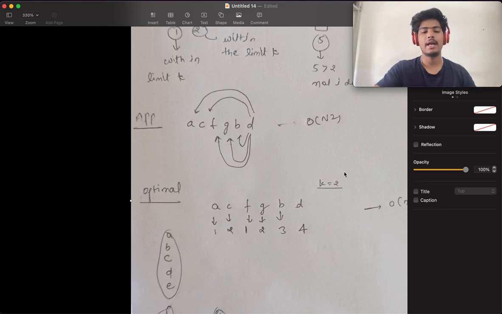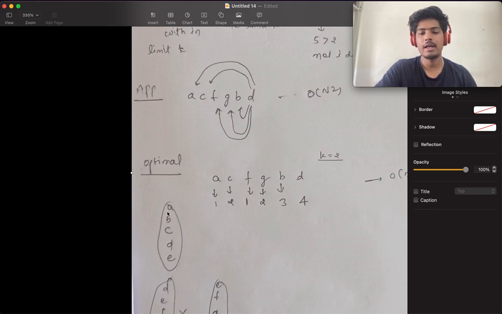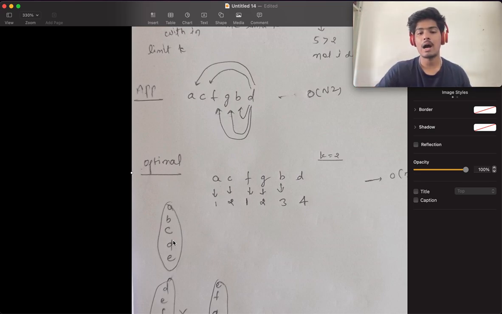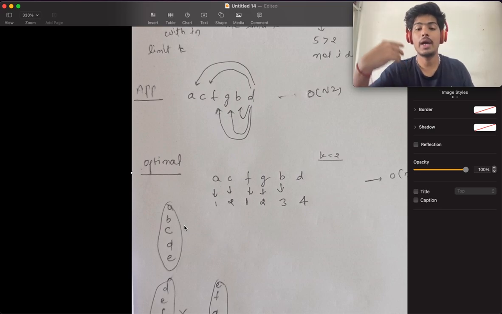अगर C से दो पहले वाले एलिमेंट्स like A, B, दो पहले वाले और दो बाद वाले एलिमेंट D, because we are seeing two elements before and two elements after C, because if we take the difference between these two elements like BC, AC, CD or CE, the difference will be in limit, like it should not be greater than K. That's why we are taking the two elements of C before and after.